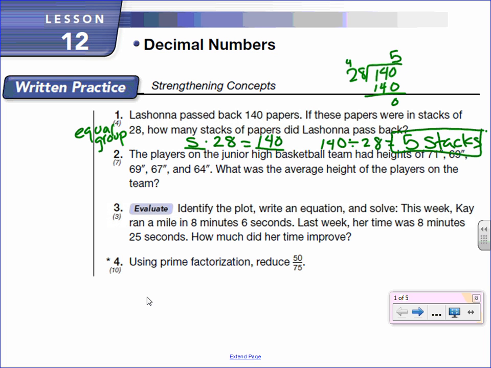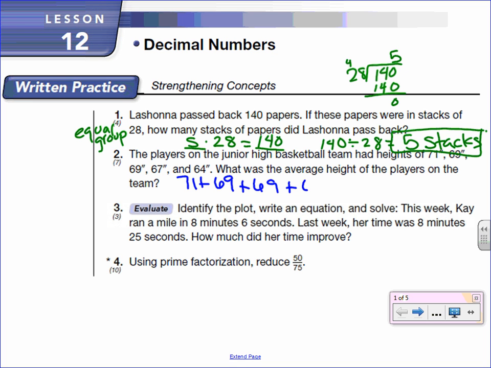Number 2 deals with average. The players on the junior high basketball team had heights of 71 inches, 69 inches, 69 inches, 67 inches, and 64 inches. What was the average height of the players on the team? When you're finding average, they're talking about mean, and you add up all the numbers and divide by how many there are. So 71 plus 69 plus 69